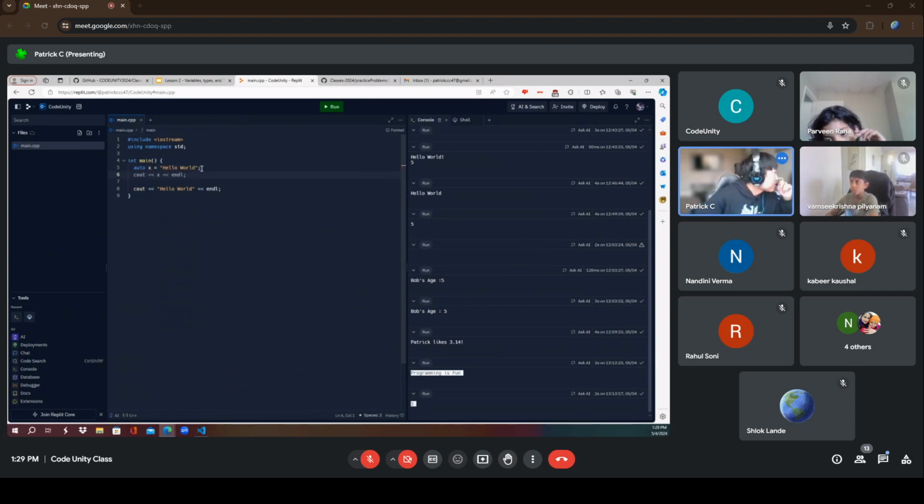Always remember to use this semicolon symbol at the end. You don't have to use it for this header, but for pretty much everything else, you're going to want to include this. So it's different from Python. In Python, you don't have to do any of that, but in C++, you do. So now the variable x stores this value, and therefore I can just replace this with x, and it's going to work perfectly fine.